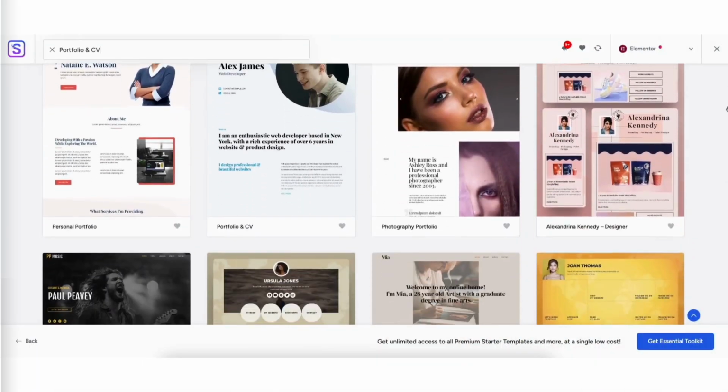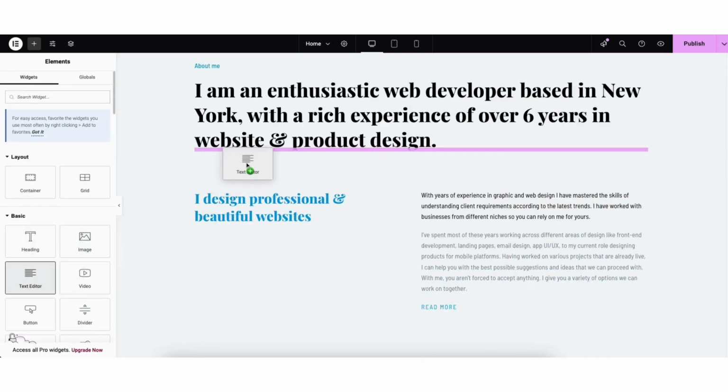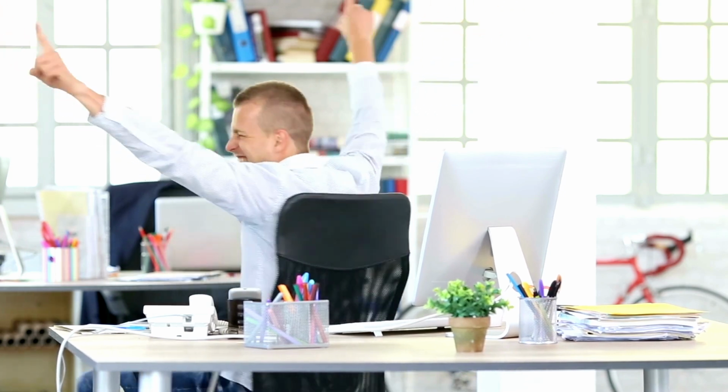You now know how to access pre-made professional templates, how to make a portfolio website in WordPress, and making edits to it using the drag and drop editor, Elementor Page Builder. That is my WordPress portfolio website tutorial, going over how to create a portfolio website in WordPress, step by step.